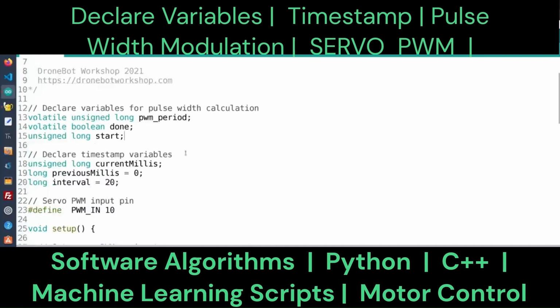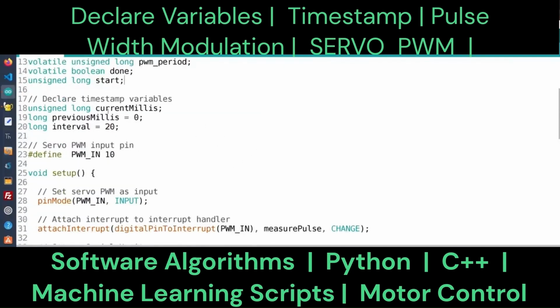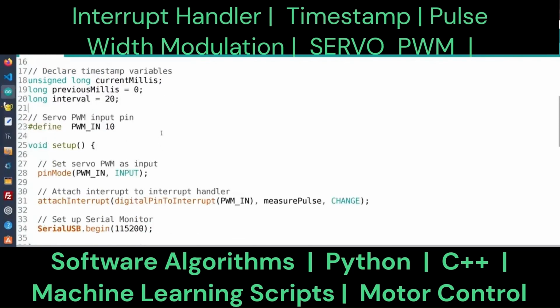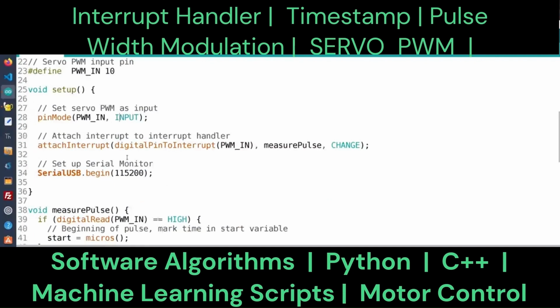Internally, a servo motor consists of a DC motor driven by a controller, and the controller takes in the pulse width modulation signal, measures its pulse width, and turns the motor accordingly.